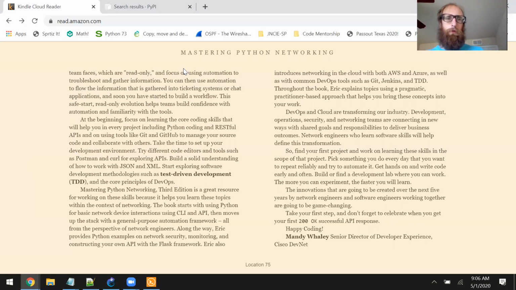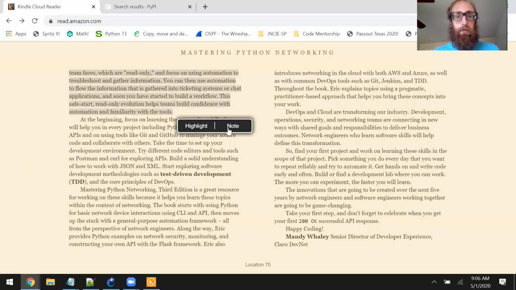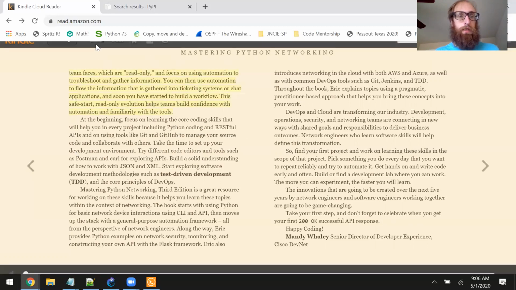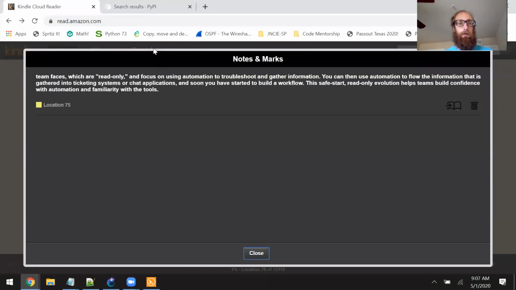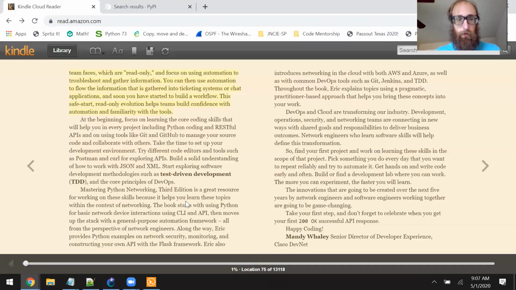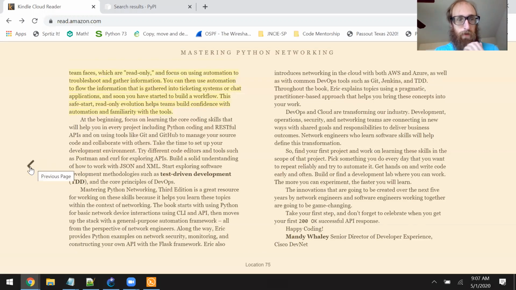This safe start read-only evolution helps teams build confidence with automation and familiarity with tools. So I am going to actually bookmark this because this is just absolutely, I think, essential. So let's see, show my notes. Aha, so yep, it shows up here. Let's see if I can add